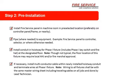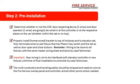Note, wiring to all fixtures shall be with the same master wiring sheet. Very important that you use the same sheet, including traveling cables on all jobs and done by lead technician. Okay, this is where the lead technician now comes into play. Determine whether or not the COP, door opening device, and wiring to the operator are going to be wired in